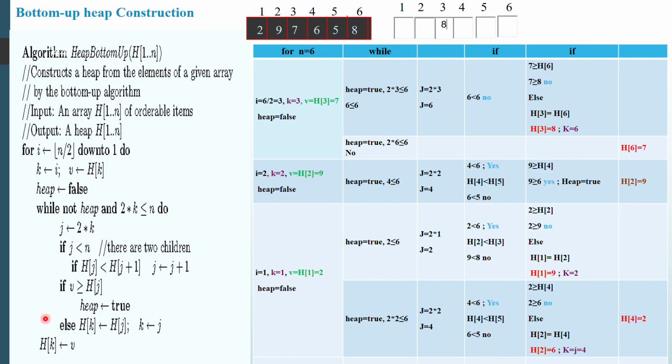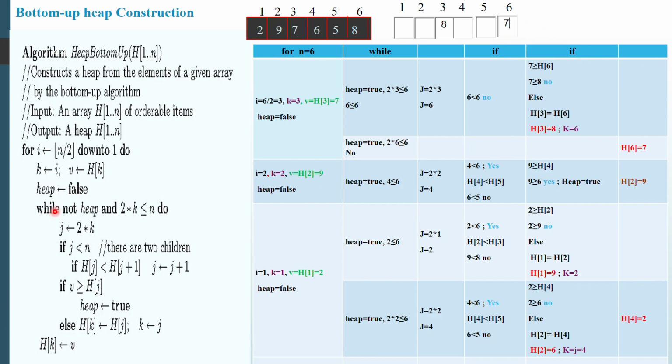So see the alignments, and based on the alignments you decide which statements come under the while loop. These are the statements that come under the while loop. The condition fails. If the condition fails, then it executes the statement. What is the statement? H of k equal to v here. What is the k value? The k value is 6. H of 6 value becomes 7. The v value is 7 here. So now the k value is 7. Earlier it was this. Now 7 and 8 are interchanged.